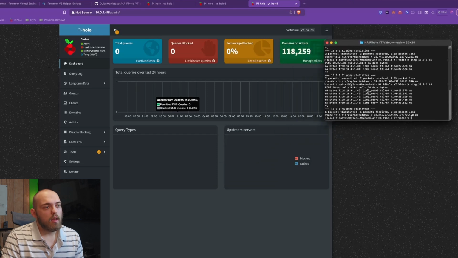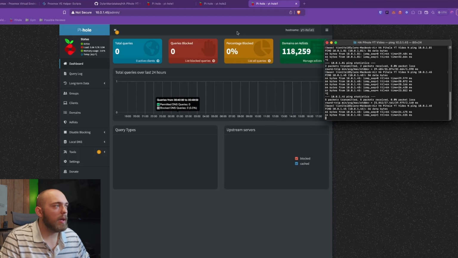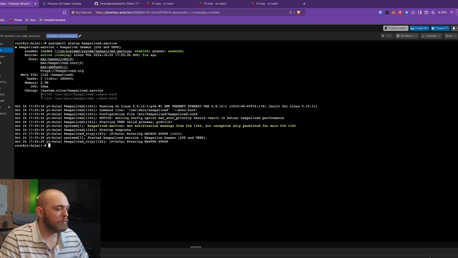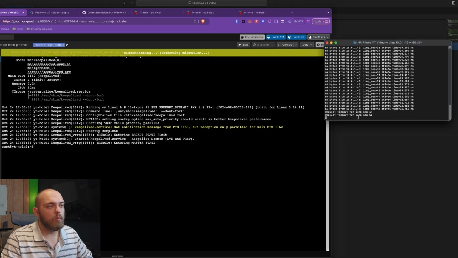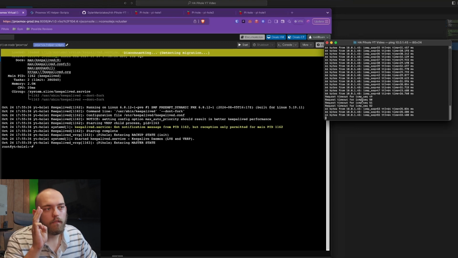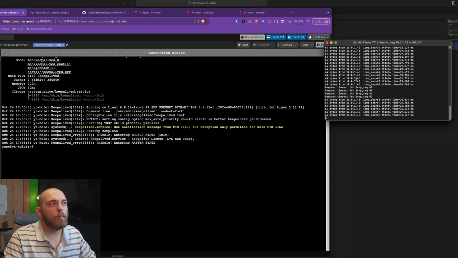Just to show you this, guys, I'm going to ping this IP. We're going to jump over to Proxmox because I want this to be like a critical error. I'm going to stop this VM. So just dead stop it. Oh, we're dropping packets. Oh, and they're back. So we dropped 4 packets and it's back up.